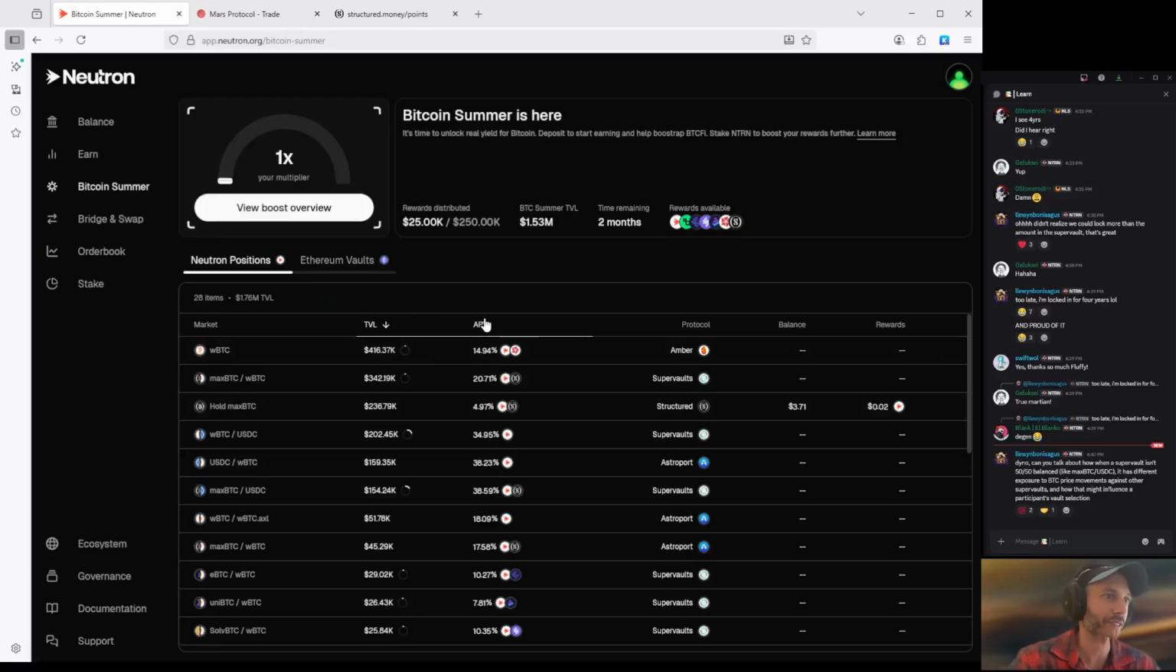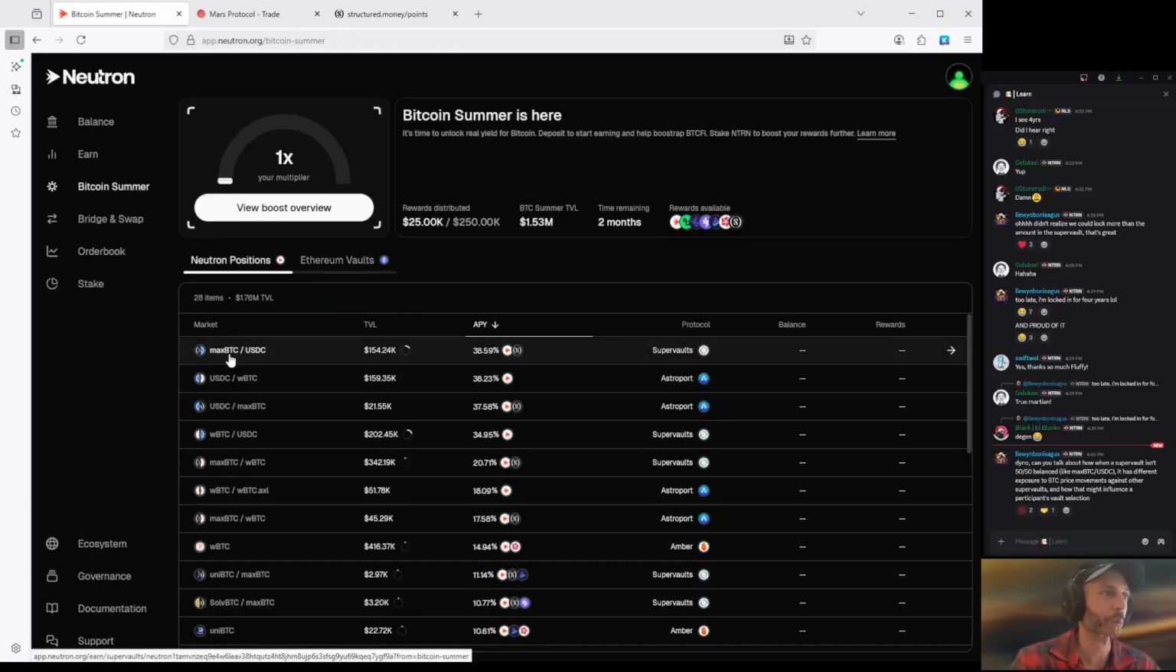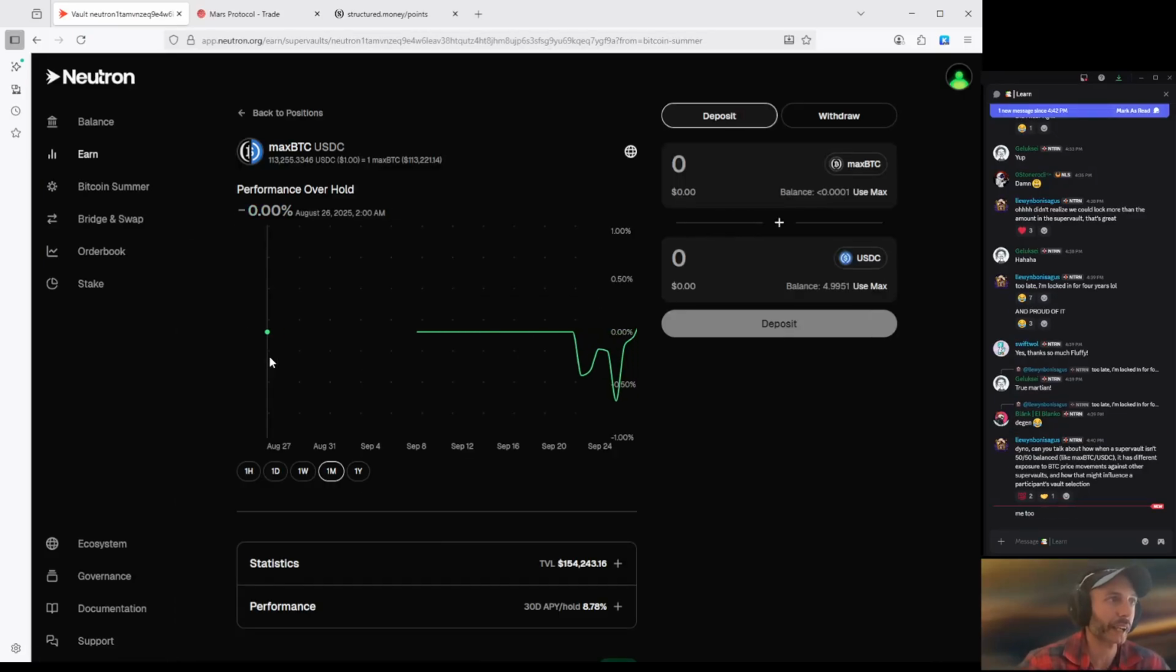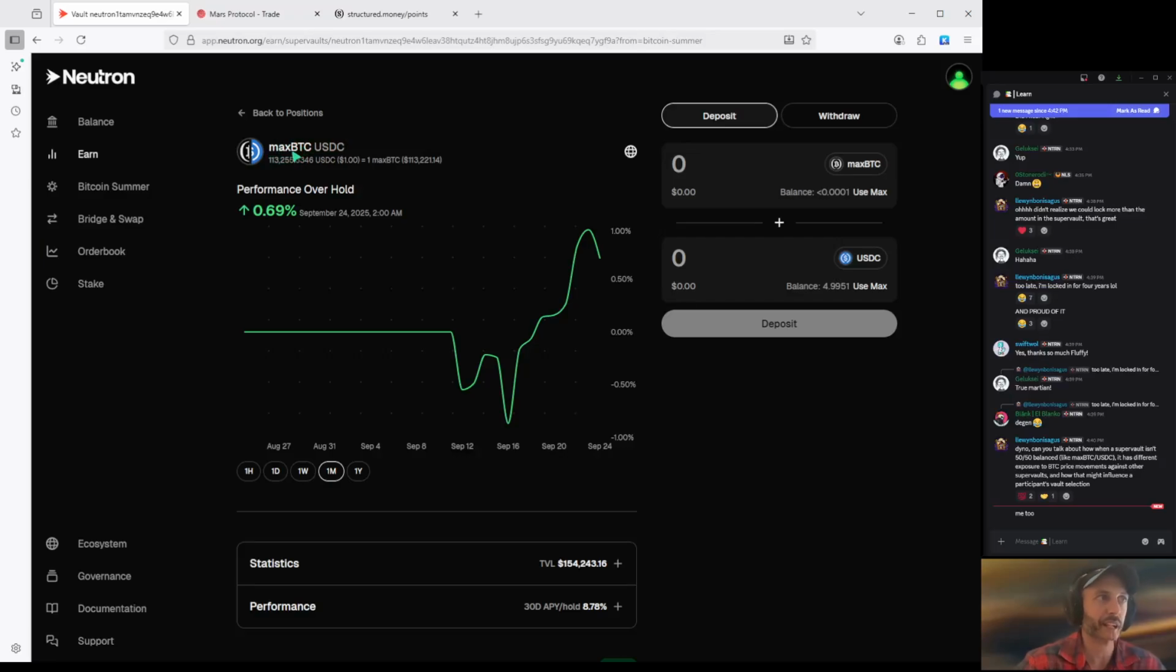So I went for this LP, this Supervault, pretty hard. That's because, me personally, I am okay LPing risk assets like maxBTC, Neutron, and Ethereum with stables like USDC. So this Supervault is maxBTC, USDC paired. However,